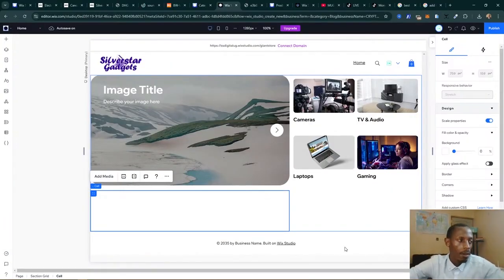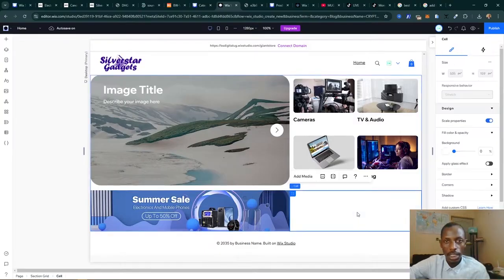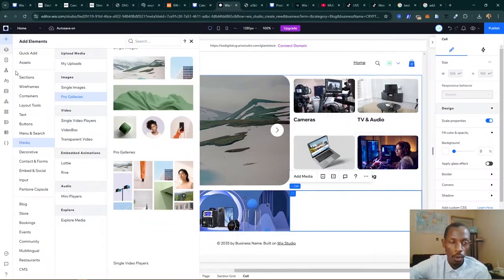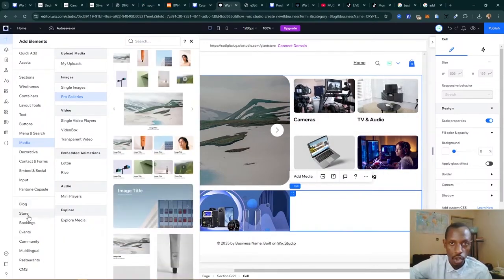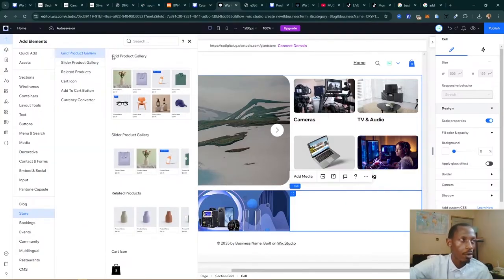Alright, next is we want to scale it up. I don't know what the size of the thing is here, and it seems like it has already scaled up, stretched to fill the whole cell. Lastly, for this last cell, we go to products, go to add elements, and look for the Wix Store. So down here under the store, you can go to slider, maybe the grid products,